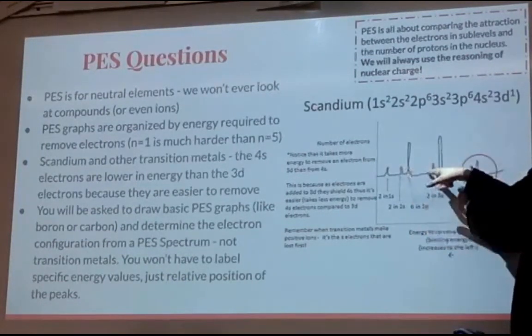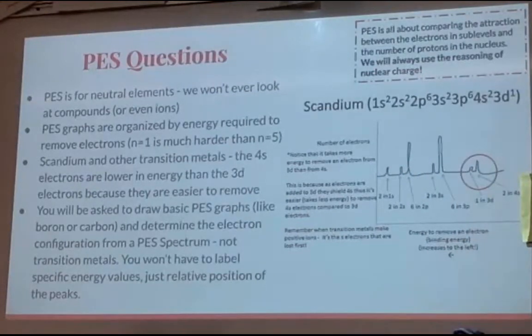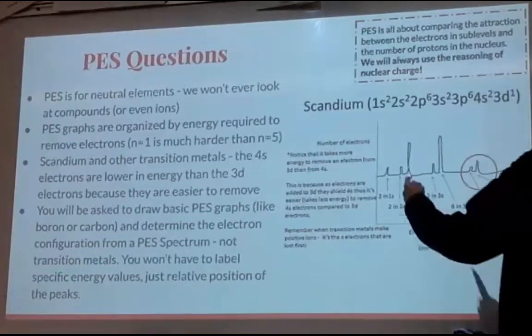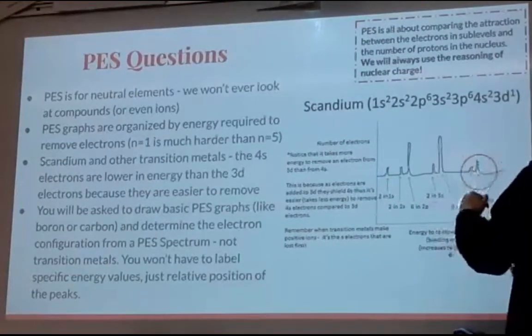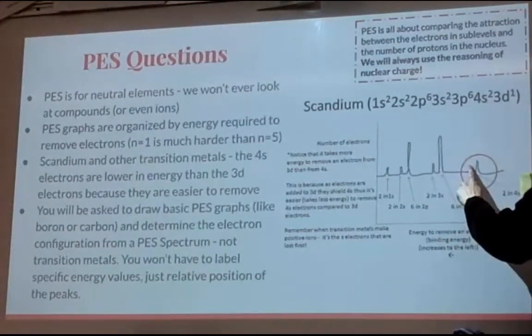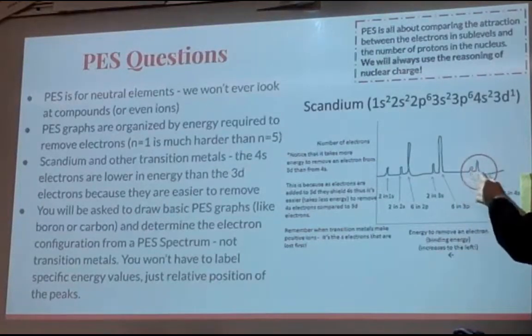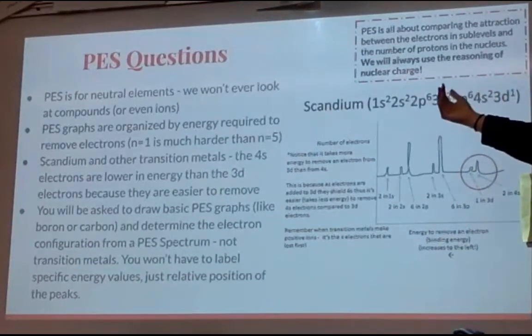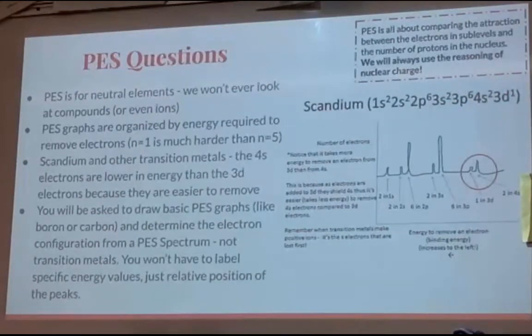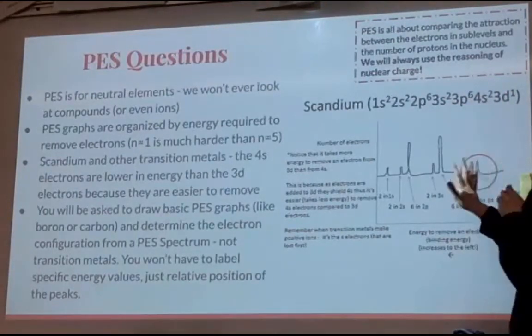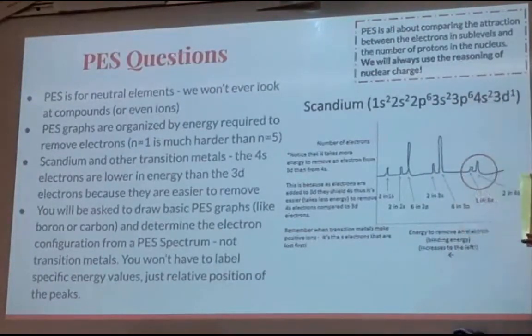So when you're looking at the peaks, and we're going to look at identifying the peaks in these examples, you're going to write it just like you would write a configuration. So if you go to 3p and then you notice that there's a next peak, that's actually going to be the 4s. It's just they're switched in energy because n equals 4 is further away from the nucleus than n equals 3. But just know that we will not be doing any work with transition